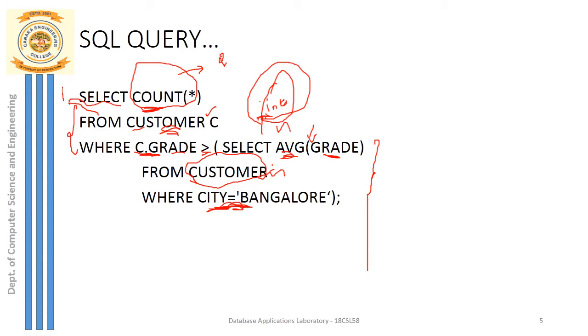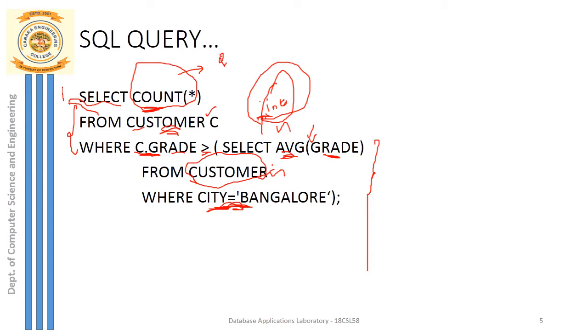So you call this actually outer query and inner query. Don't you think it is related to each other? Yes, so it is related to each other. So we call this type of nested query as correlated nested query, where outer query is related to the inner query, or outer query is related to the results. It is totally dependent on the results that you have extracted out of this inner query. So you call this as correlated nested query.